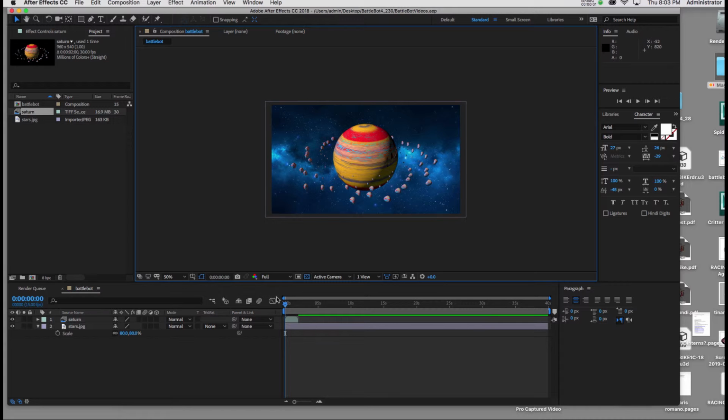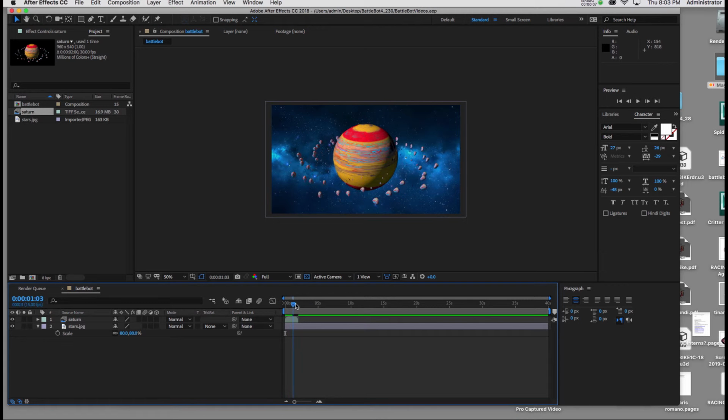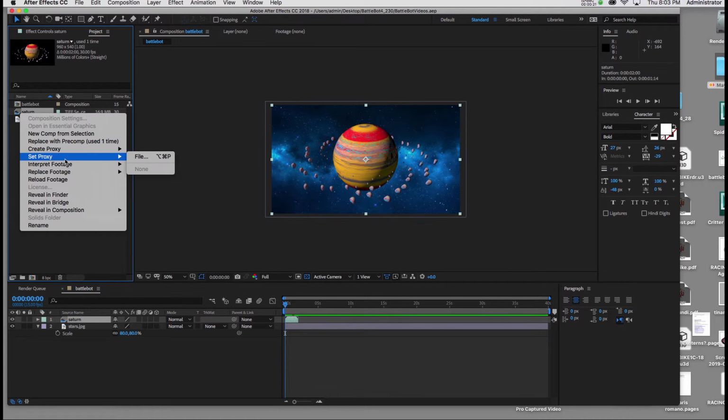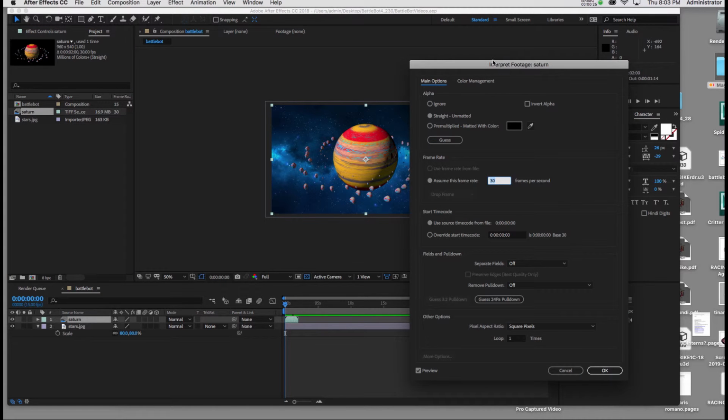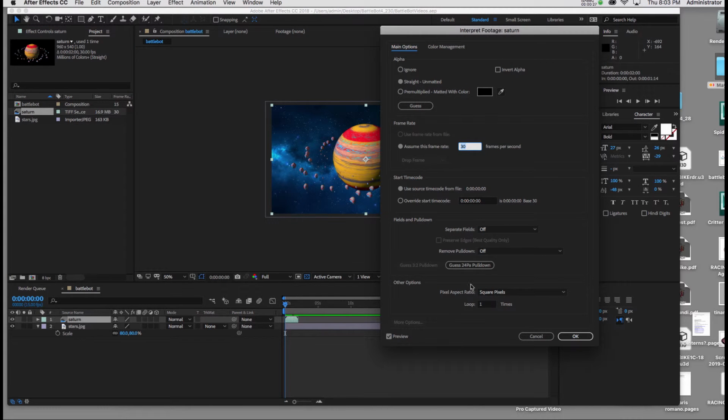Now I want the Saturn planet to revolve for the duration of the movie, and we have only one revolution as we generated it from Maya. So now I'm going to loop it. In order to do that, I'm going to go to the project window, and I'm going to right-click on the Saturn file, and I'll go to Interpret Footage Main, and at the very bottom of that window you'll see the word loop. I'm going to put in 30 loops,